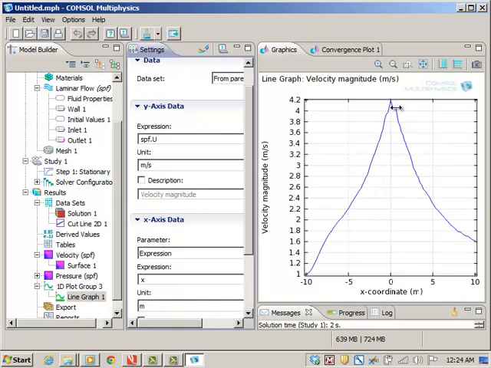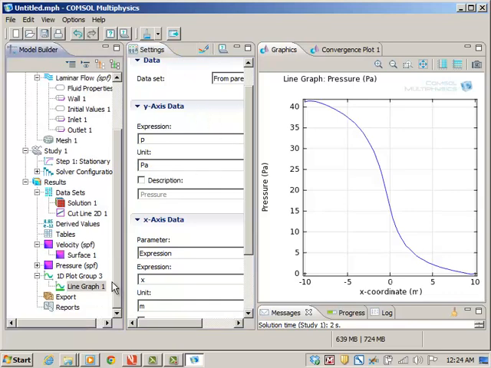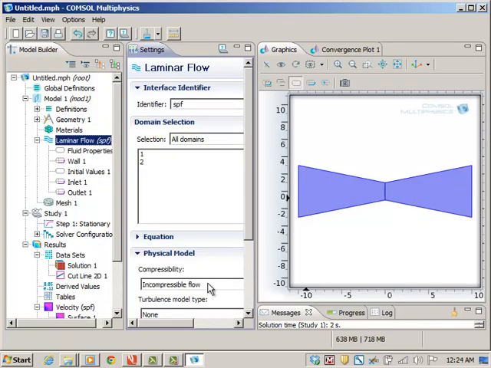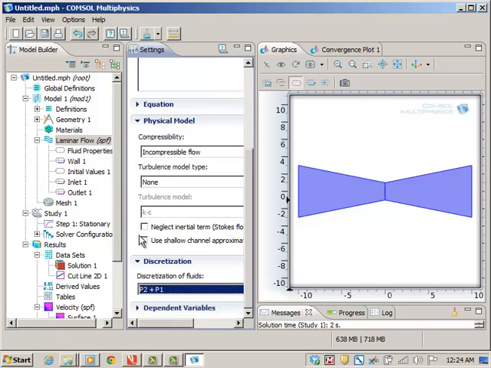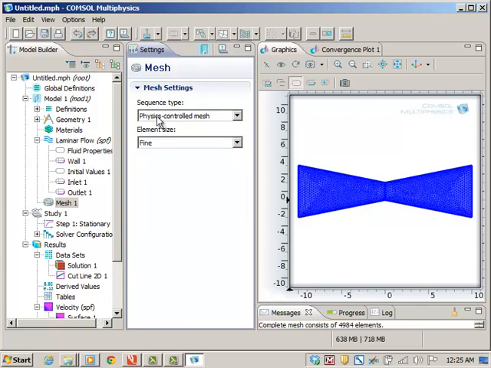Okay, so let us now try to look at the pressure profile in this case. If you click pressure, you can see a non-linear profile because of the geometry, which is also expected. But this solution is not accurate because we are using a coarse mesh and also only P1 plus P1 kind of discretization. So again we can go back and choose a higher order discretization. So let me select this discretization, go back here, and in the discretization let's select P2 plus P1. In the mesh, let's go for a fine mesh and say build this, and let us recompute